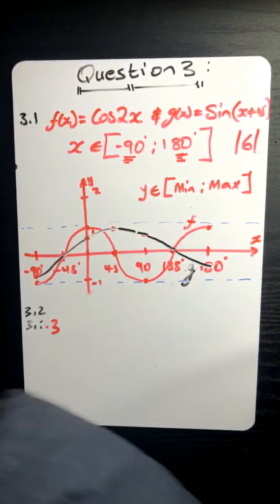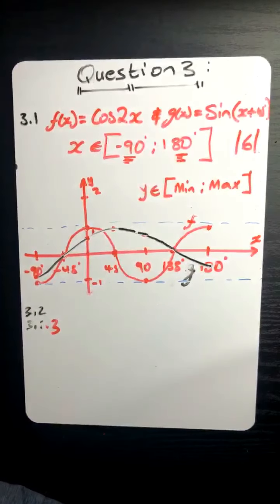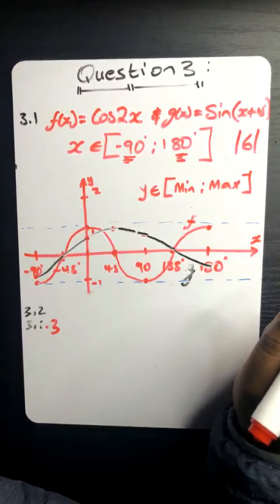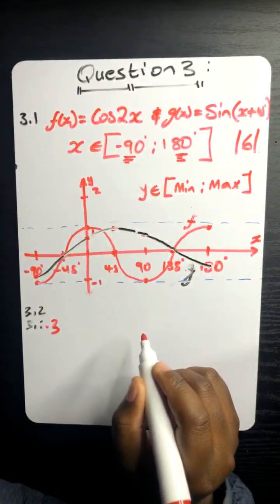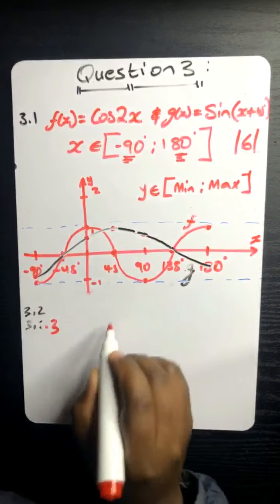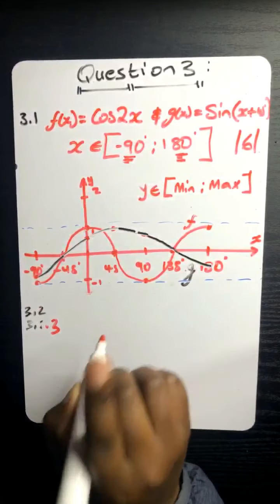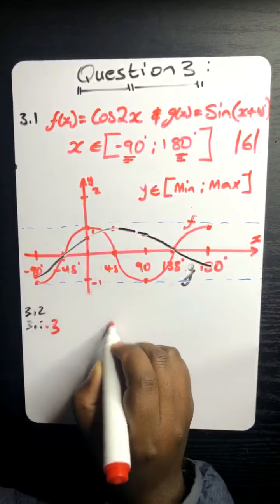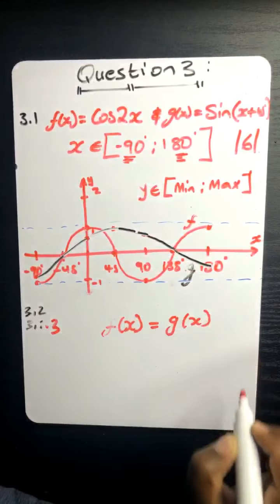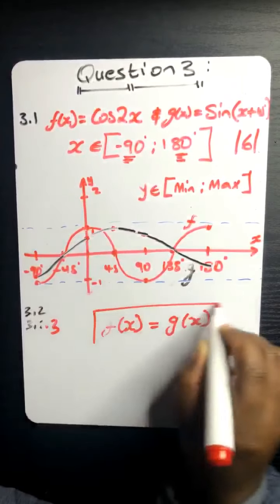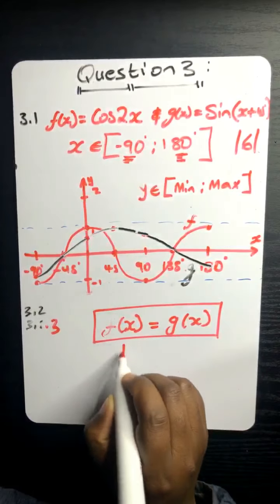Let me explain. This is what the honorable member Amy was trying to say over there. Hamisa, I'm also going to include you in this explanation. So let's see. The question wants the number of times f of x equals g of x. This thing on its own means where this thing touches